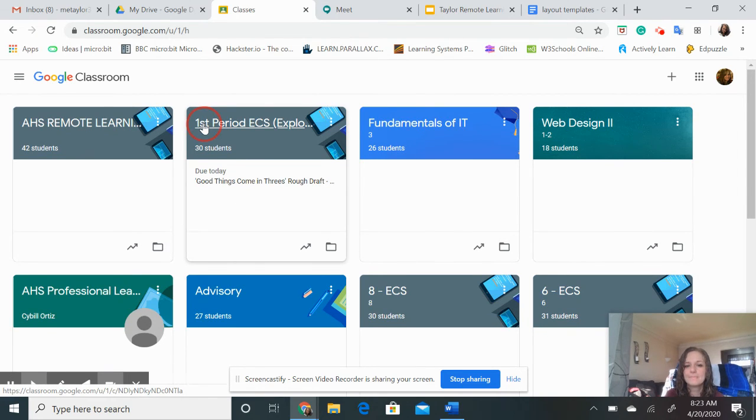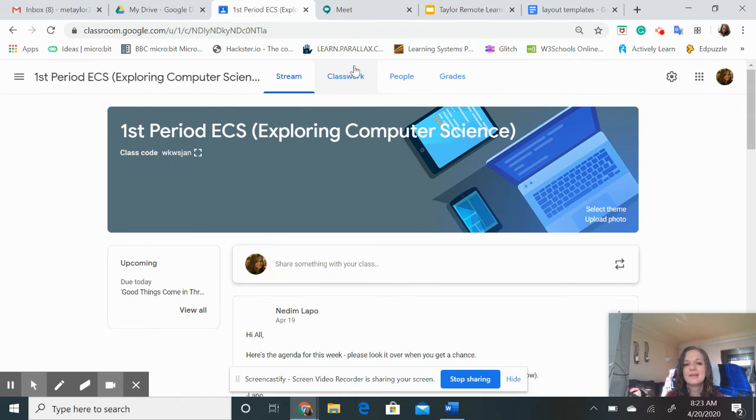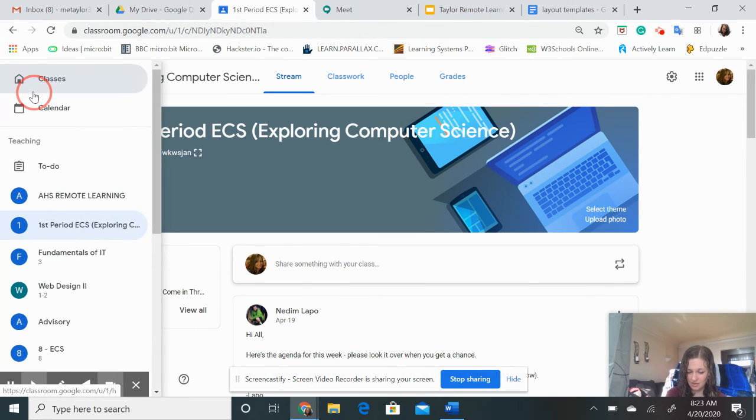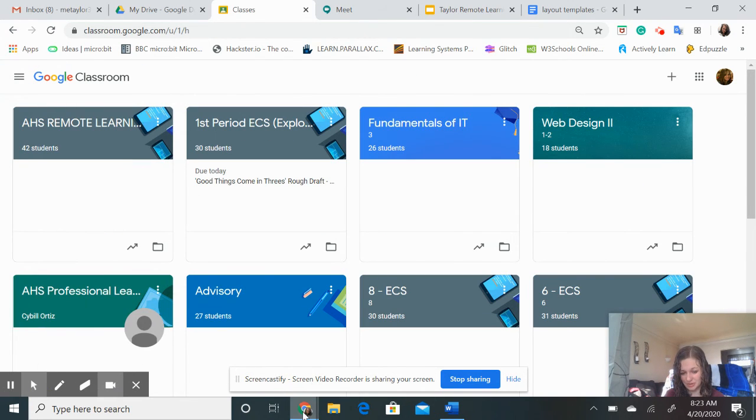Or again, sorry, you can also see it over here where I'll say like upcoming and I'll have things due for that class. So take a look at calendar or take a look at your classes page on Google Classroom and it will tell you when things are due.